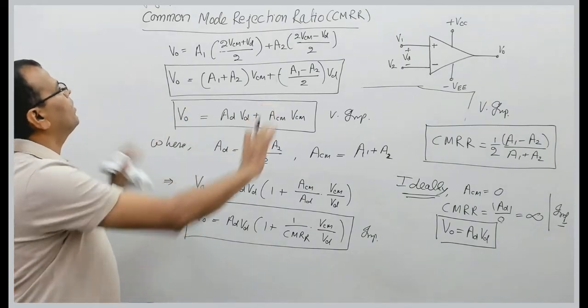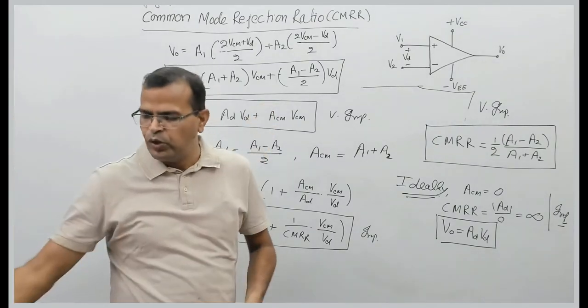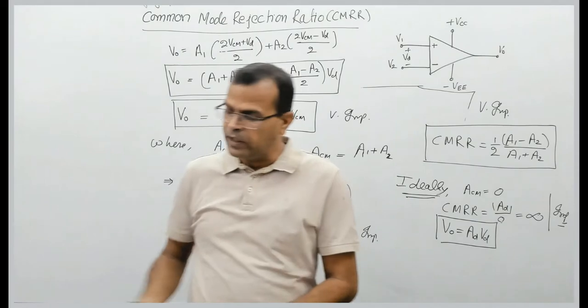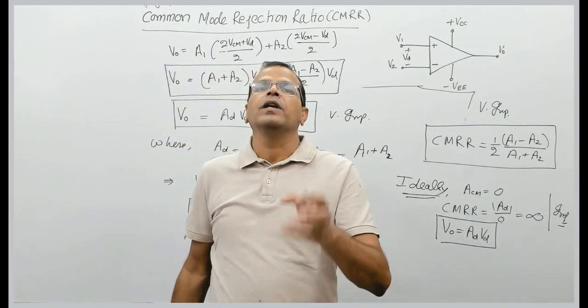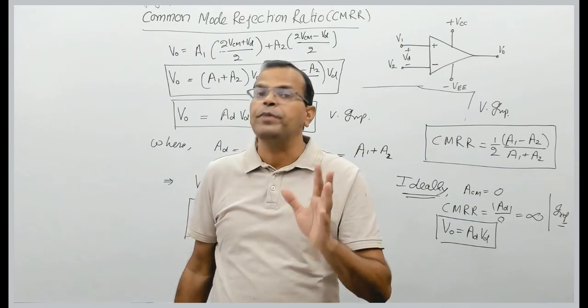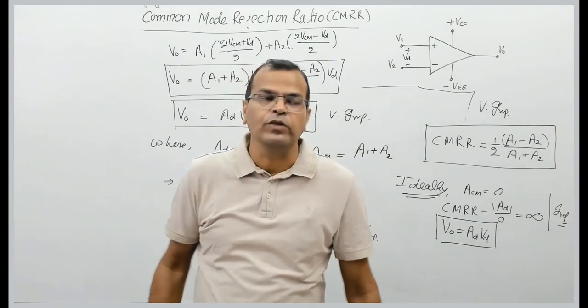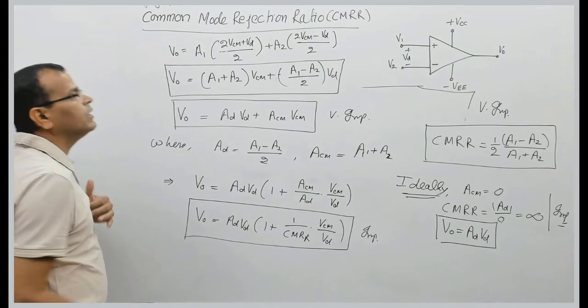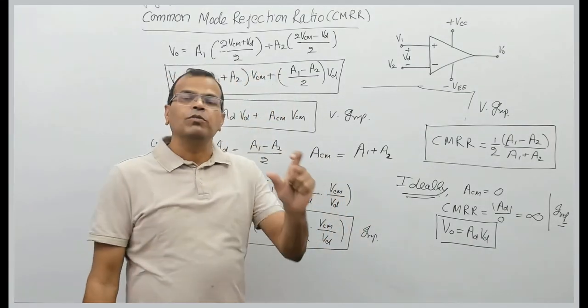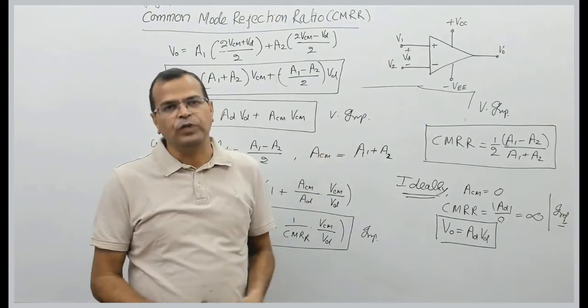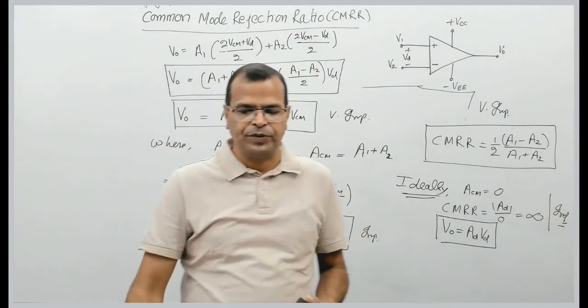So this is all about common mode rejection ratio. There can be questions based on this. There can be numericals based on this in GATE, in engineering services, in civil services, or in different PSU exams, maybe in ISRO as well. So try to remember all these expressions. Now we will have a look at some small numericals based on these expressions.